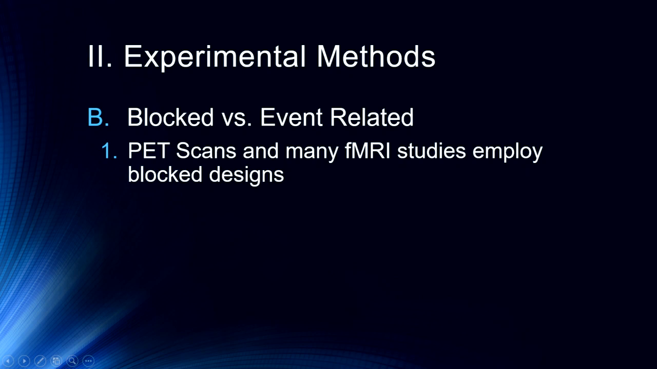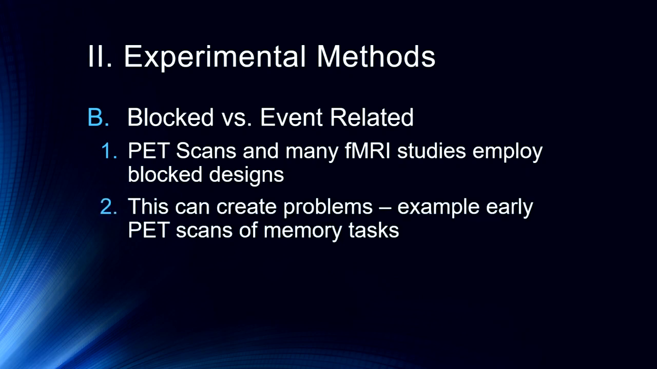So with a PET scan, particularly in the older scanners, you would have to do all of one task, then all of another task, and all of a third task. You couldn't randomly order those, and that alters the way a task is designed. So this can create some problems. So in the early PET scans of memory tasks,